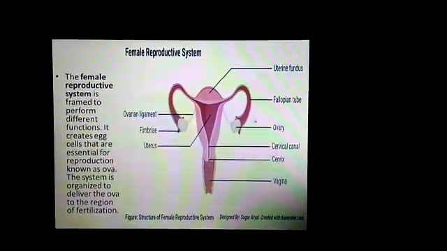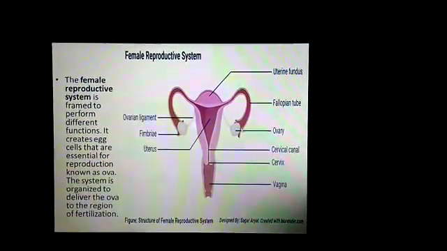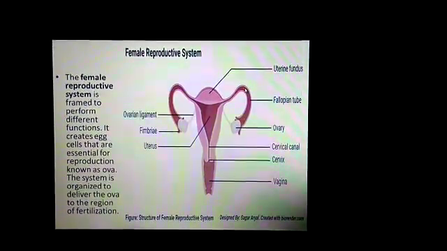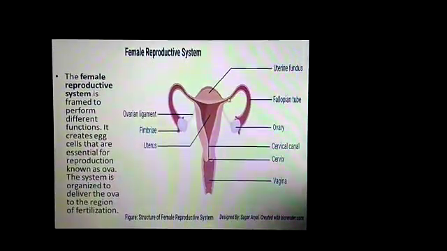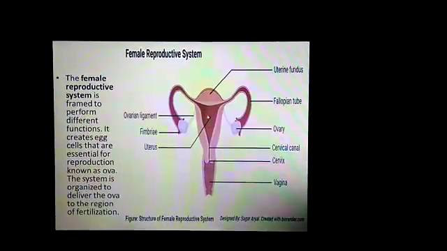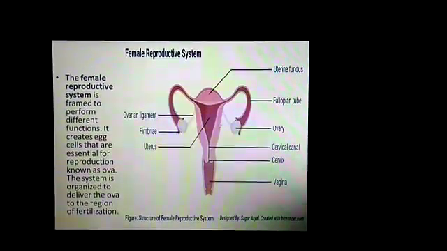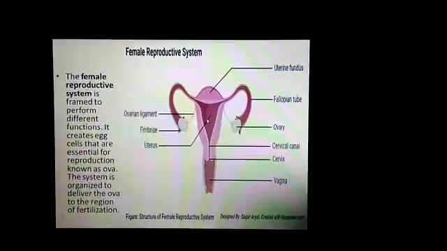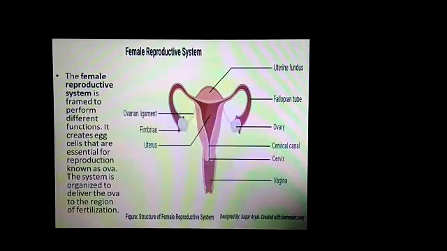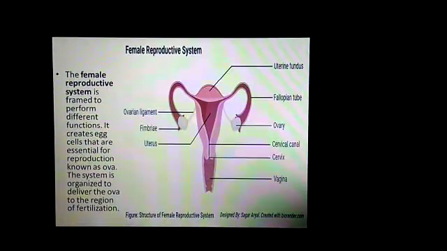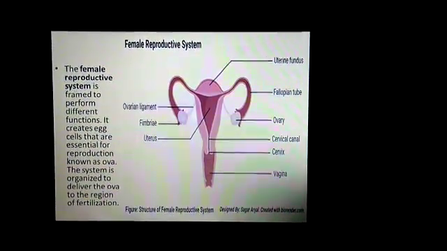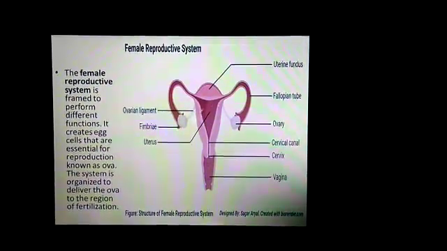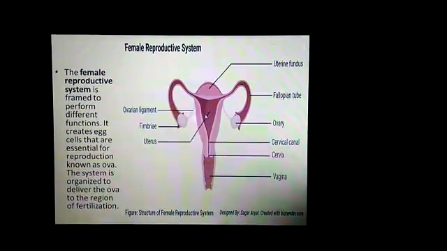The eggs are released here, and through this fallopian tube the eggs come into the uterus. This section is the uterus. The uterus is a hollow inverted pear shaped muscular organ, and the embryo grows and develops in the uterus. In this uterus the embryo develops,